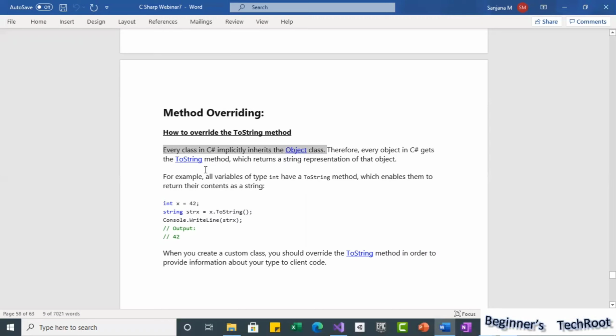In that, we observed toString is one of the methods implicitly inherited from the object class. This is the method, which returns a string representation of the object. Okay, so we can override this method.